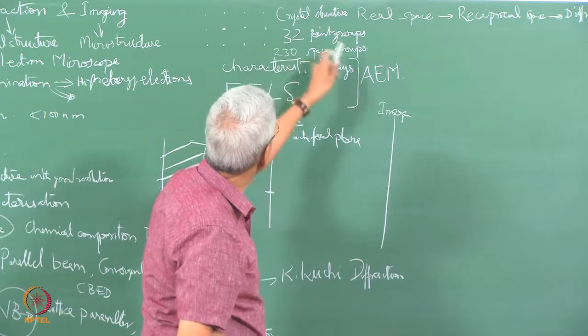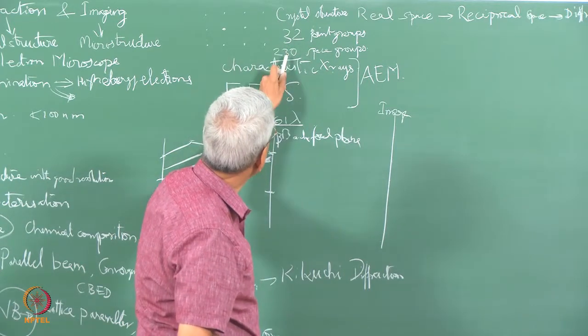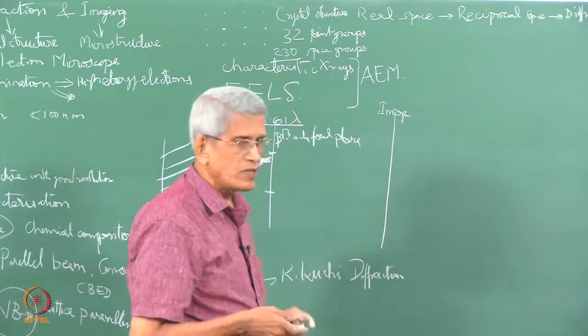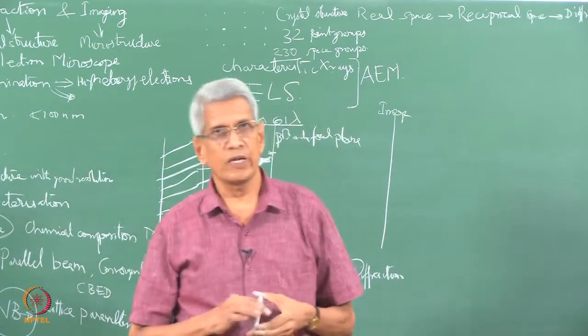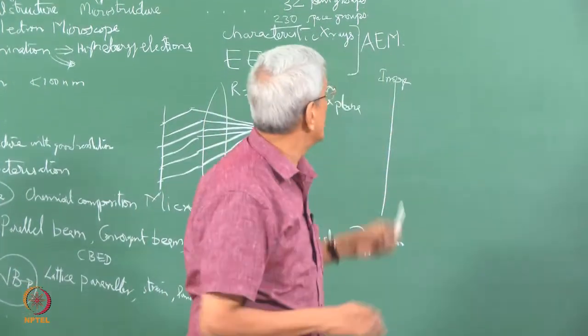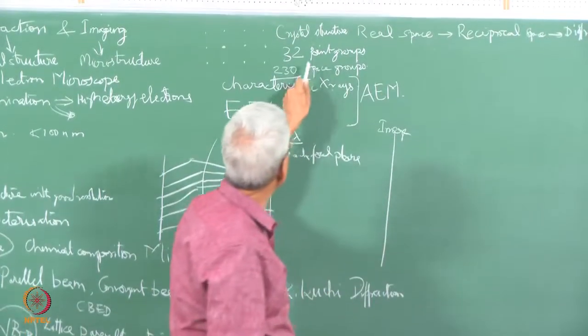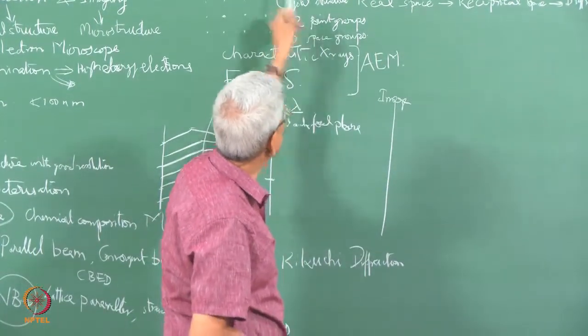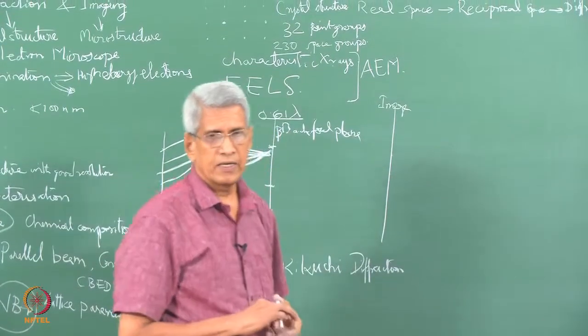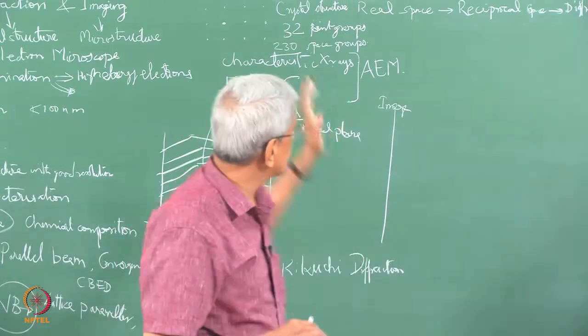This information, when we considered, we started with some crystal structure and came, but what is the information which we are going to use when we look at a sample? What we get is the diffraction pattern. From the diffraction pattern, we have to identify what the crystal structure is. How to do that?